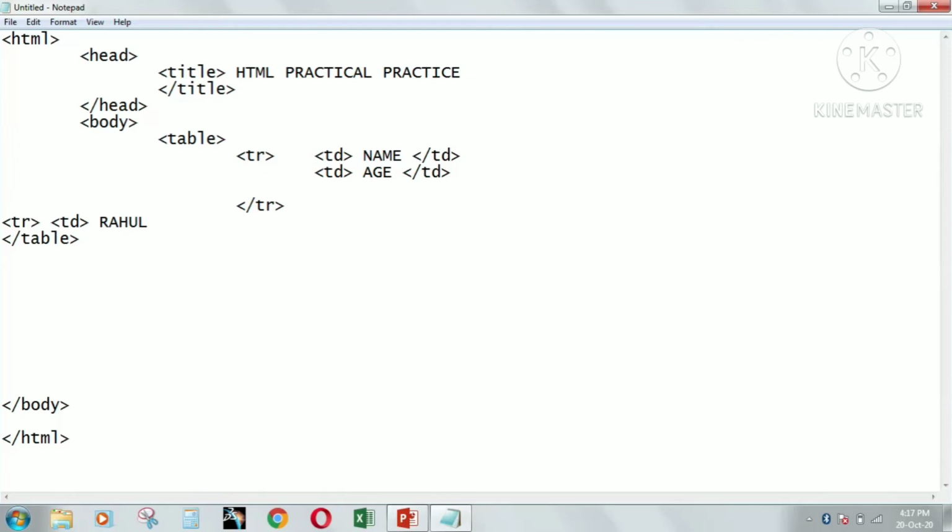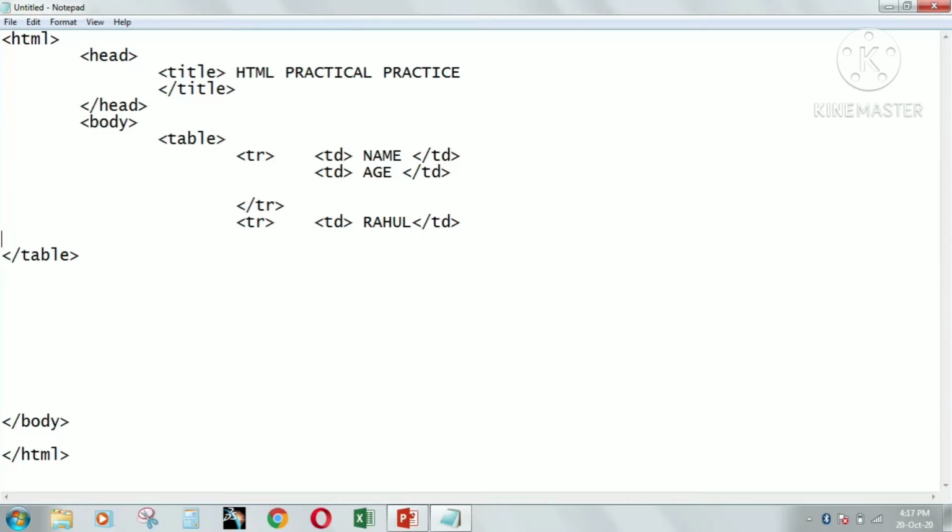Again we need to write the entries. Name is Rahul. Start with TR again because we are entering the data in the second row. So whatever row you are adding, you need to enter TR at that time, and in that you need to use the TD tag.